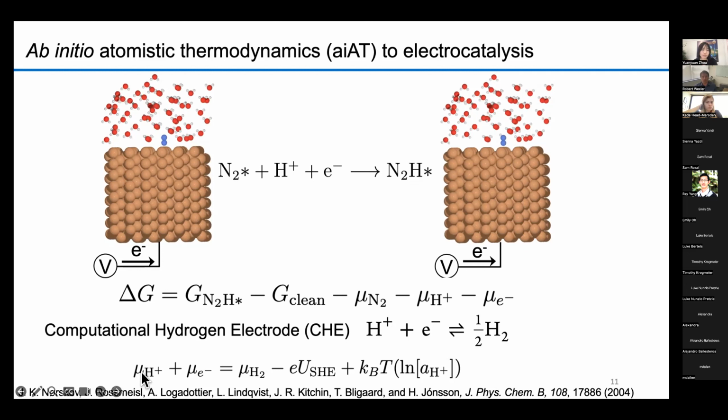So the chemical potential of the protons and the electrons, this sum, is equal to that of the standard hydrogen ideal gas with the proper applied potential and pH corrections. Here, the applied potential serves as a reservoir for the electrons, and the pH serves as the reservoir for the